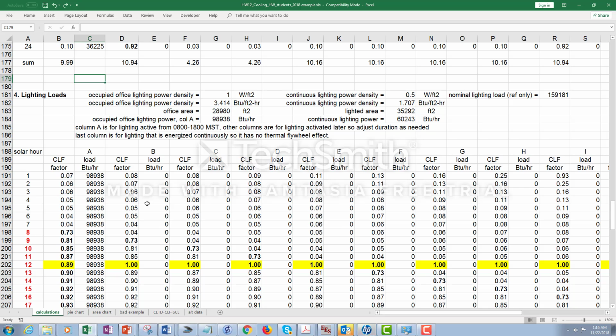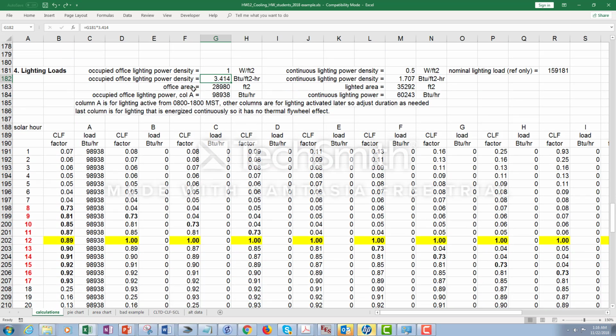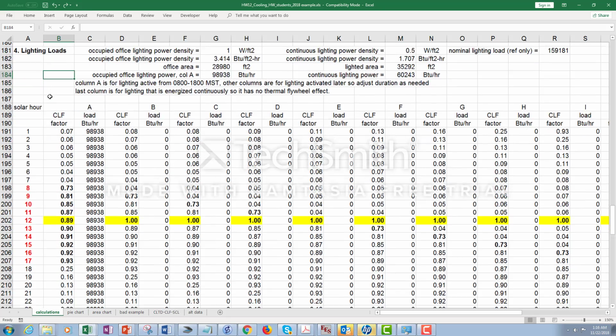And in addition, we have some security lighting. Now, make sure you have the right conversion factor from watts to BTUs per hour. Have the right area. This is office area only, whereas the security lighting, I assume, is for the whole building. Okay, now,